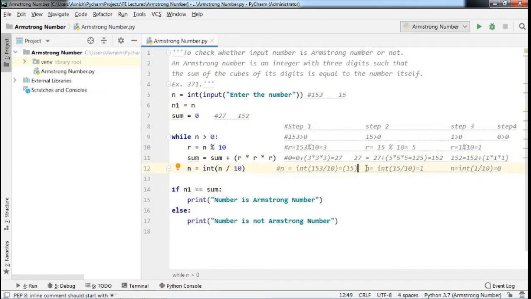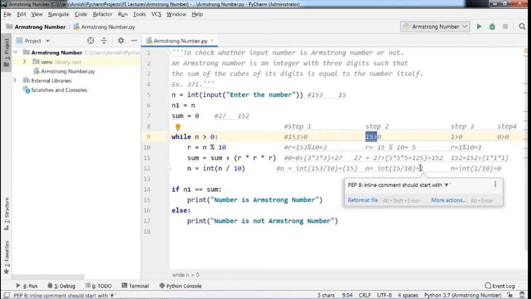Now you are going to execute the next instruction in your while loop in iteration 2, and in that you are going to calculate input value divided by 10. Now your input value became 15 in the previous steps. That will be divided by 10 and that division gives 1.5.